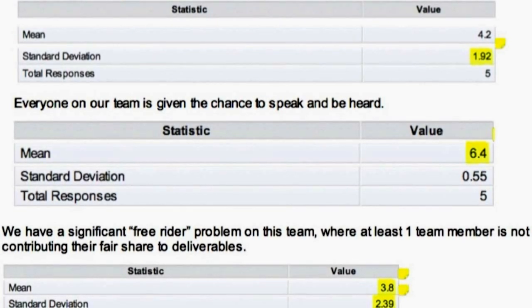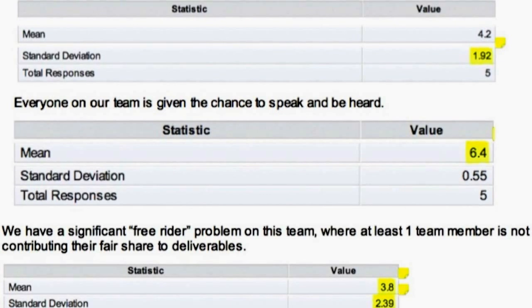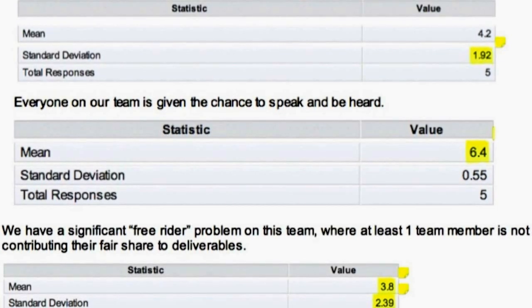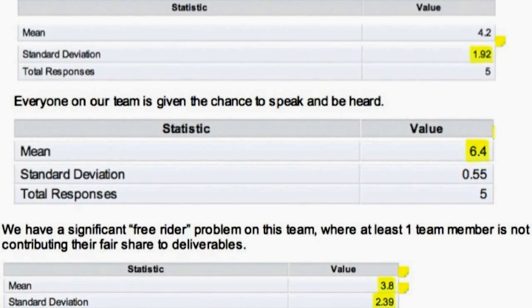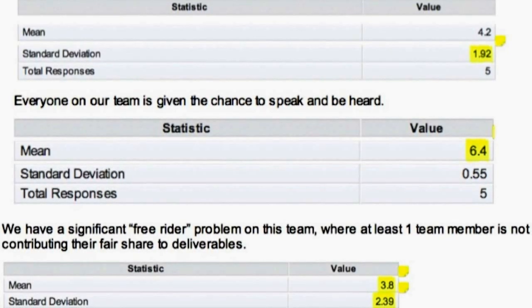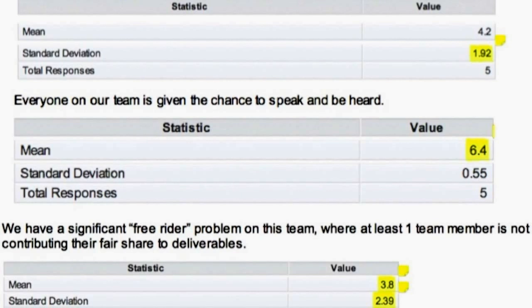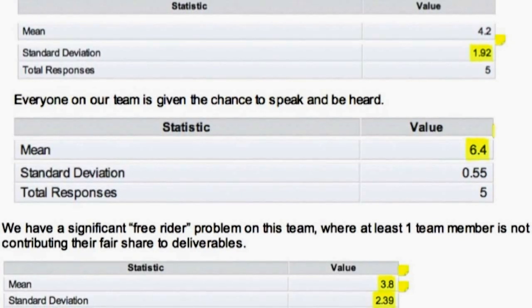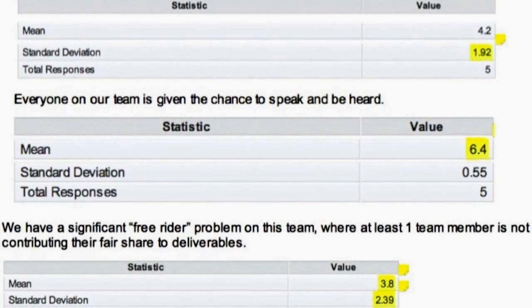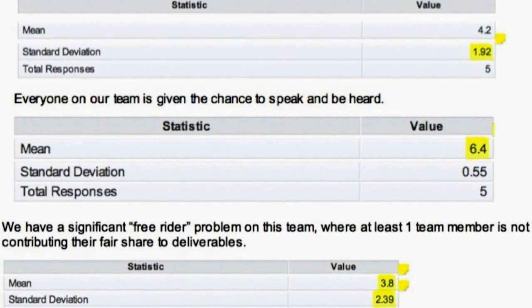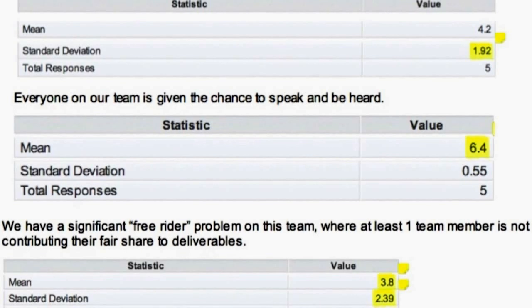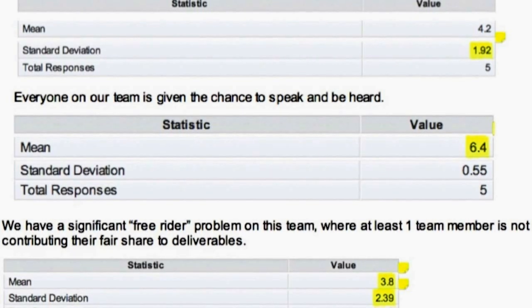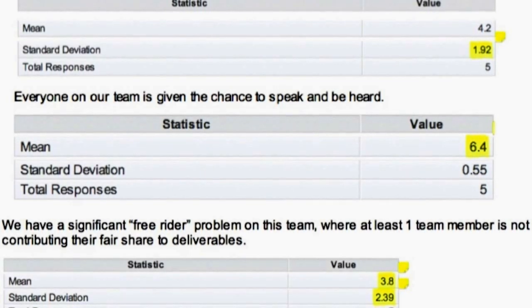So one is, what is a high standard deviation? You see I've highlighted a standard deviation of 1.92. Usually any standard deviation of higher than 1.5 for sure indicates something worth discussing, because people really do have differences of opinion. Remember, I'm refreshing your memory from statistics that the majority of responses are going to be between one standard deviation above and below the mean. So the higher that standard deviation number is, the bigger the range.